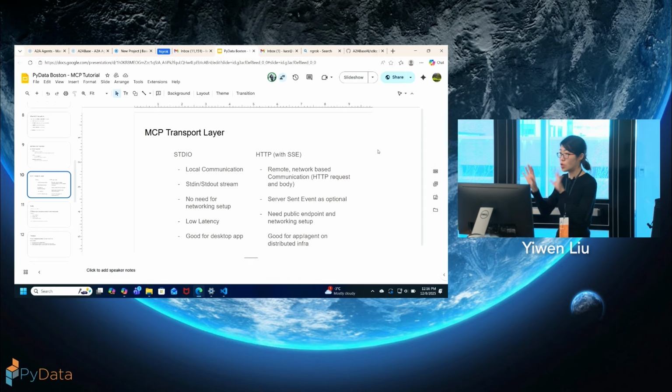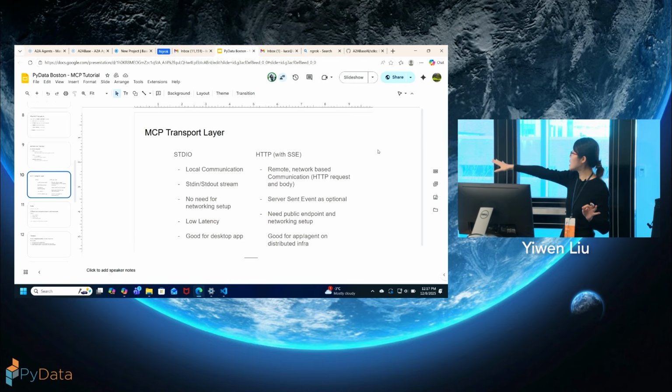But that's too much detail. You just need to understand JSON RPC is the backbone of this type of communication. It's the backbone of the client and server transmitting responses, requests, or notifications between each other. It's a format that needs to be followed. All the messages follow that JSON RPC format, but how you move the message can happen in different ways.